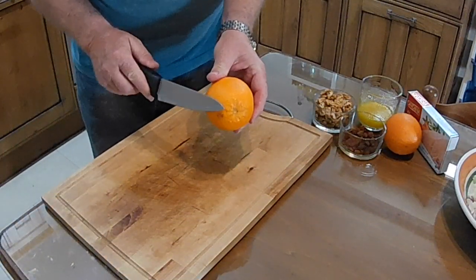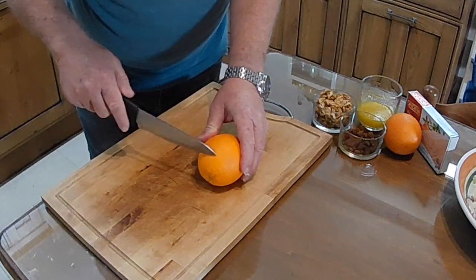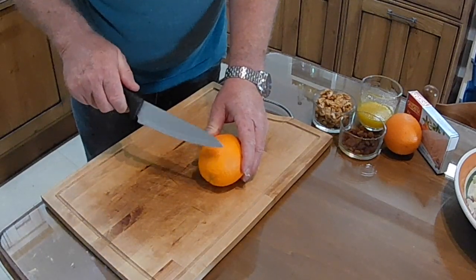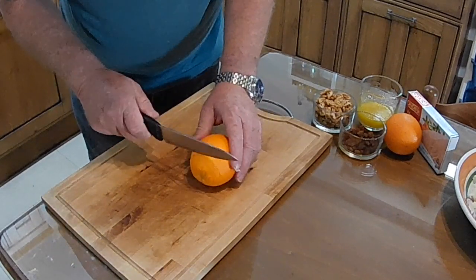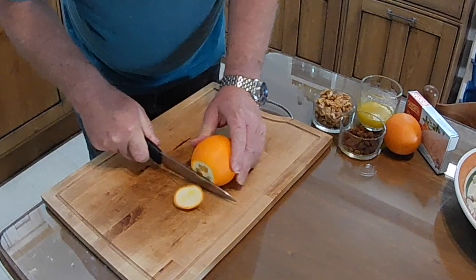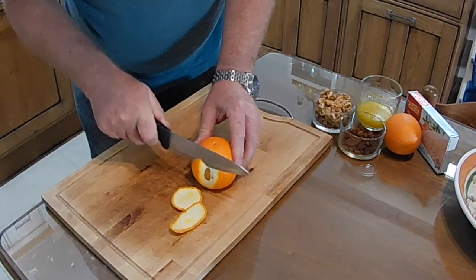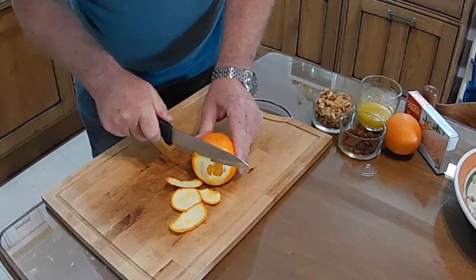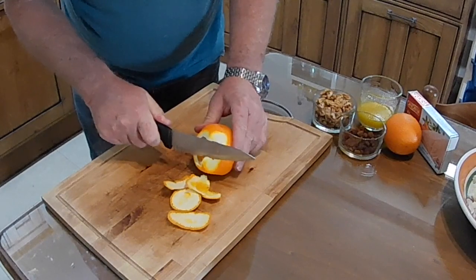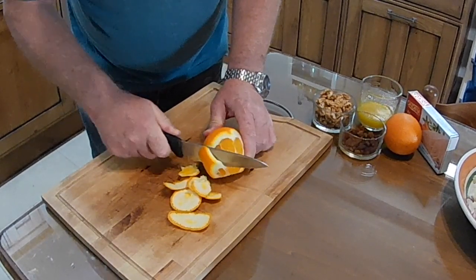So far as the oranges are concerned, what we've got to try and do is segment them. Now we've probably all done this before, and the important thing is that we remove the outer orange skin and the inner segment skin also. The way to do that, basically, we've all done this before I'm sure, is just cut off with a knife, get through the pith, cut off with a knife, the outer layer, and at the same time, of course, you've taken off the inner skin of the segments